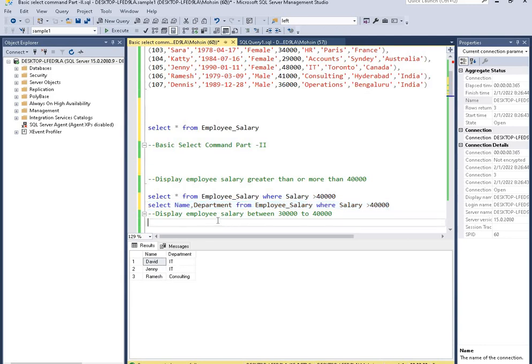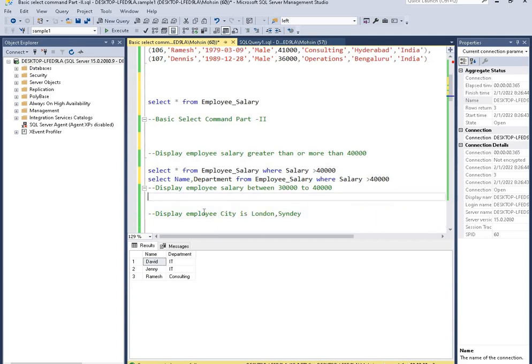The next question is display employee salary between 30,000 and 40,000. Here I am copying this and pasting here.